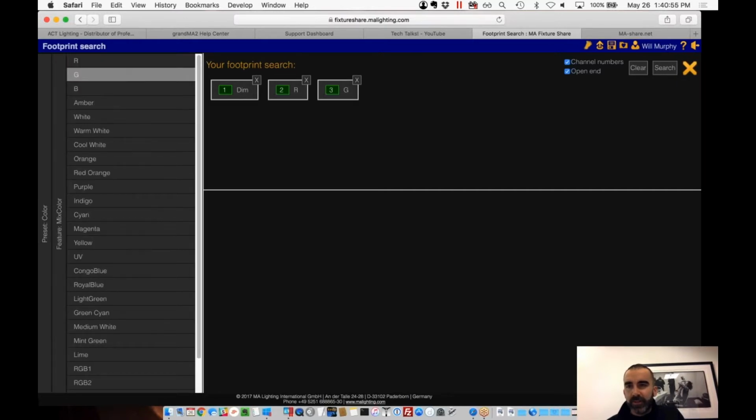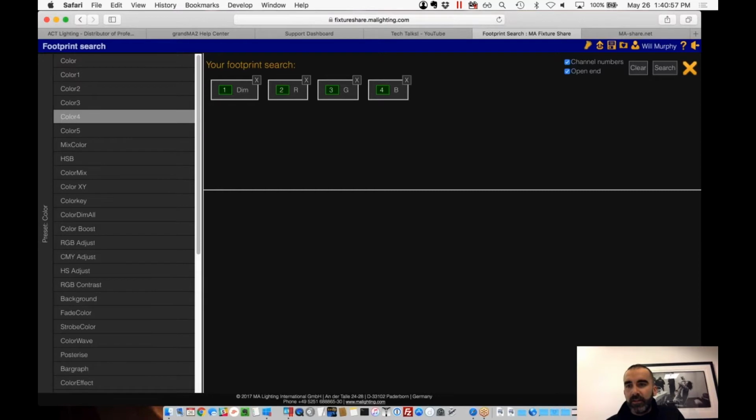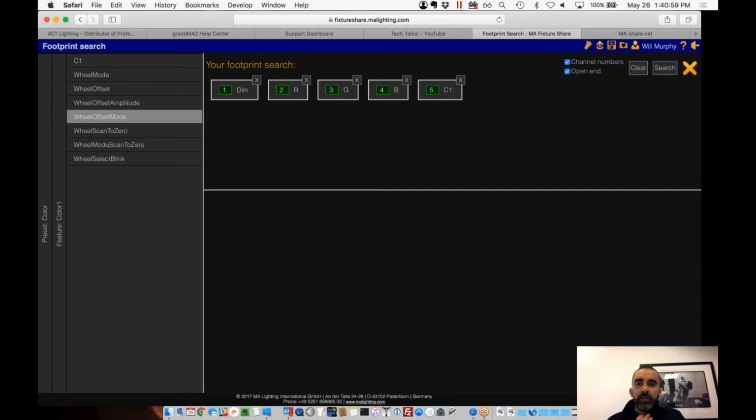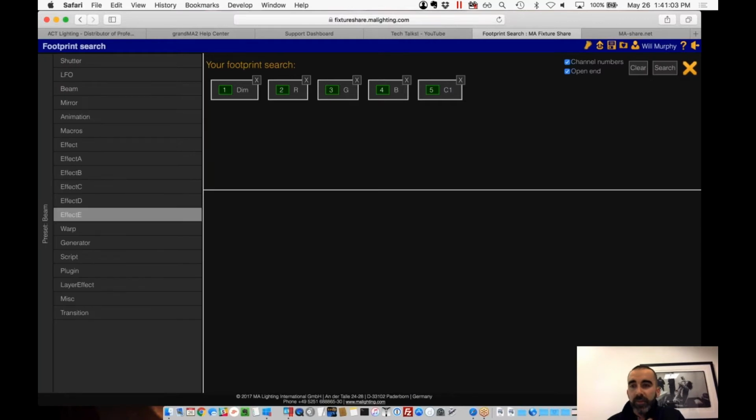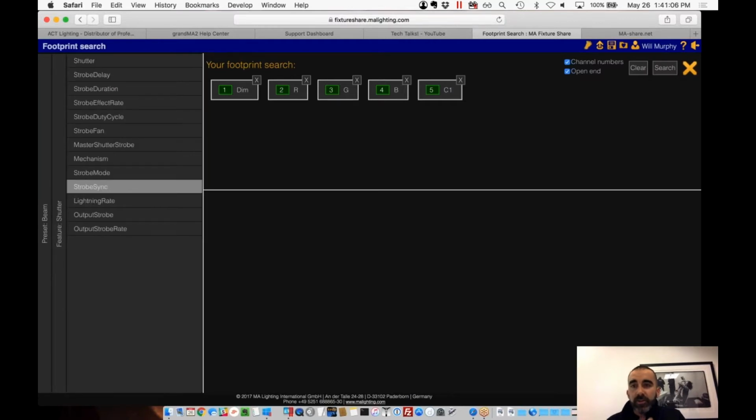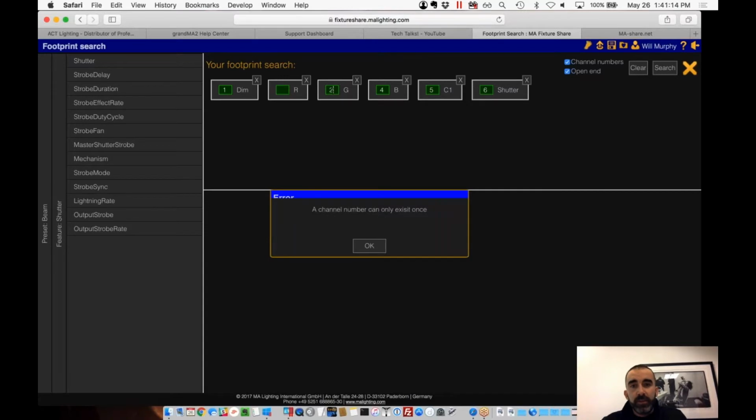Mix color, sorry. RGB. And then maybe the next one is a color wheel, and the next one might be under beam, and it's a shutter. Now, the beauty of this is that if you put all these attributes in, but actually red is channel 3 and green is channel 2,